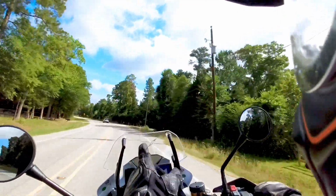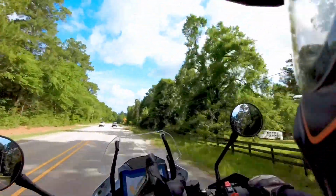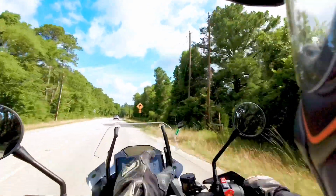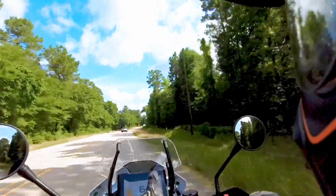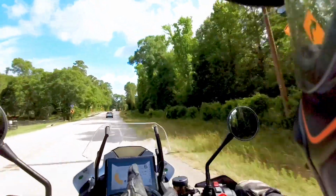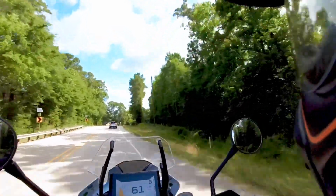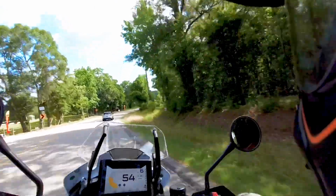Windshield, I am 5'8", so I'm okay. I don't think I need a bigger windshield, but if you are going to use this bike more on-road, and if you are over 5'8" or over 6 feet, you definitely need a bigger windshield